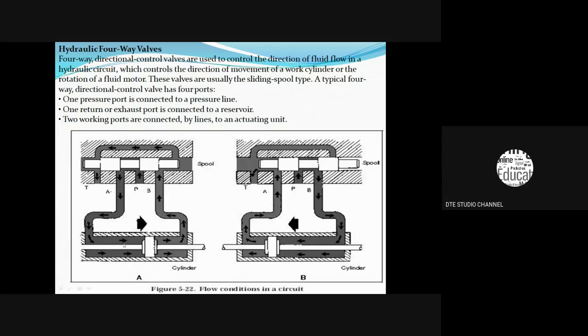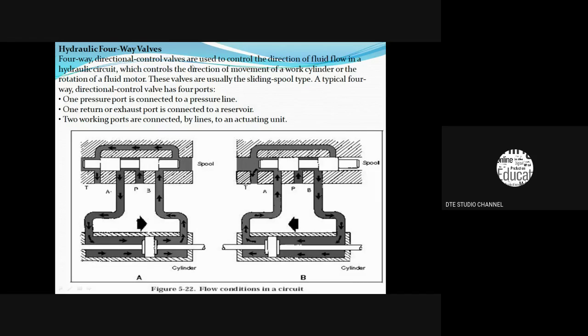In the forward stroke, the piston moves towards the right. In the return stroke, the piston moves towards the left. And in the neutral position, since the pressure acting on both ends of the piston is the same, the piston cannot move in the actuator. That's why it has three positions. If the sliding spool valve has three positions, then it is called a 4x3 DC valve. But the figure shows a 4x2 DC valve.